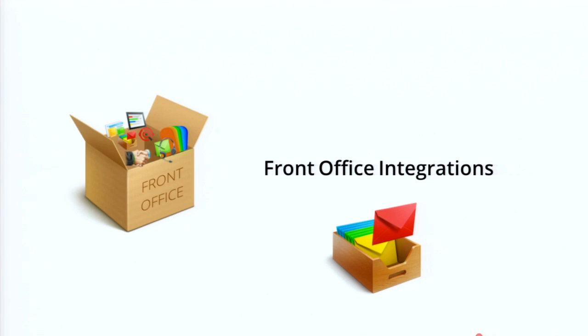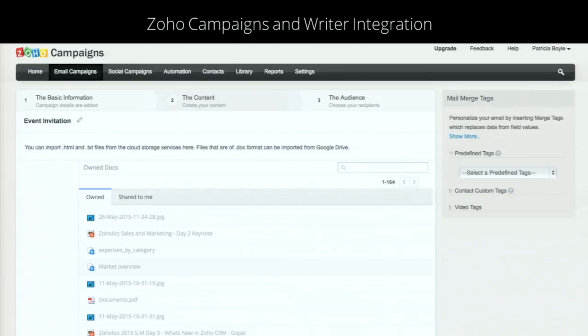So, moving on. We have seen front office integration with CRM, and of course there are a ton of others. We also integrate with Campaigns. In Campaigns, we have Zoho Writer integrated into Zoho Campaigns. Well, you want to send out an email campaign, but you want to write down what you want to show. Where do you do that? Well, open up your word processor and start writing the content. And you want to import that content into your email campaign, so Campaigns integrates a word processor.